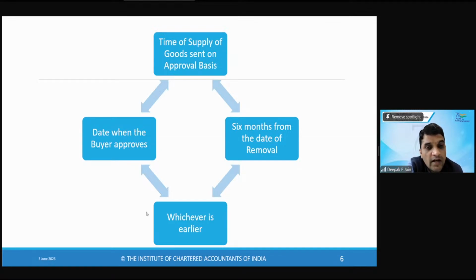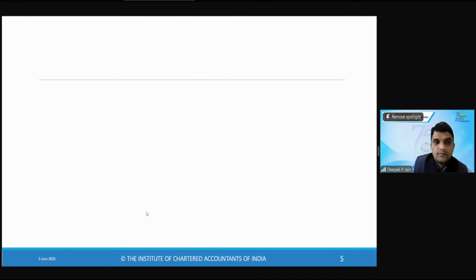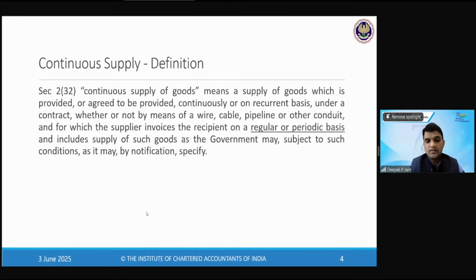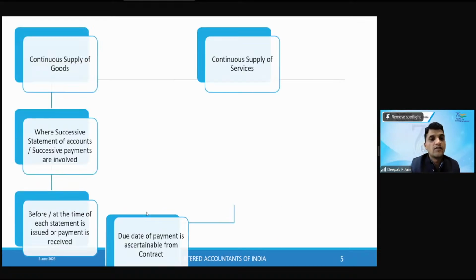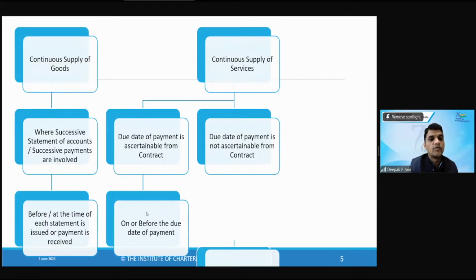Yes. Continuous supply. Second situation, supplier receiver service cannot understand. Yeah, I'll just show you that. So the second situation is saying that in case of continuous supply of service where the due date of payment is not ascertainable,